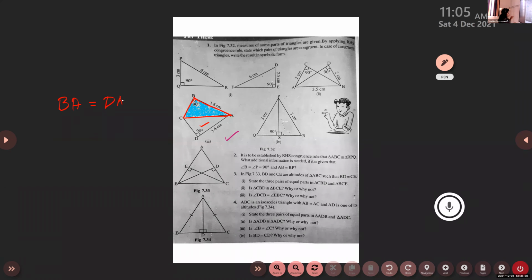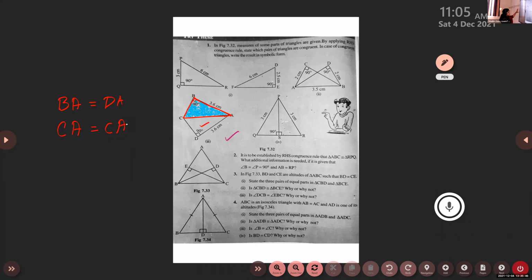Next, which is the part equal? Ma'am, CD equal to? No, that is not given. It is not given that they are equal. See, we have done similar problems in the previous class, isn't it? When two triangles come together, you can see that one portion is common for both triangles. Which is that? CA. CA is equal to CA, isn't it? Same side, that is common for both the triangles.